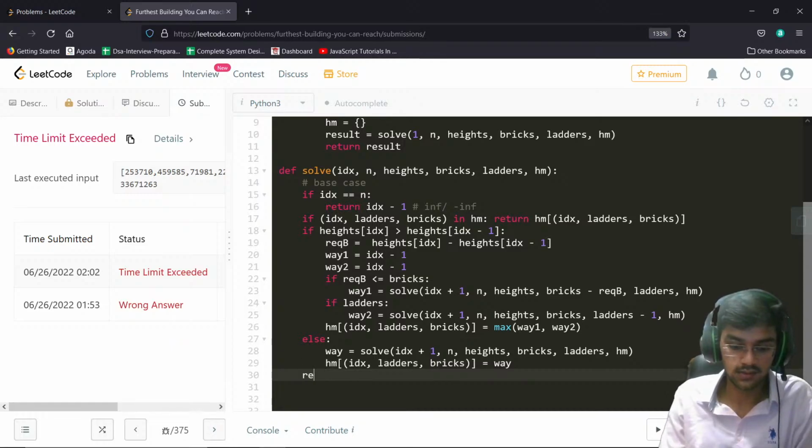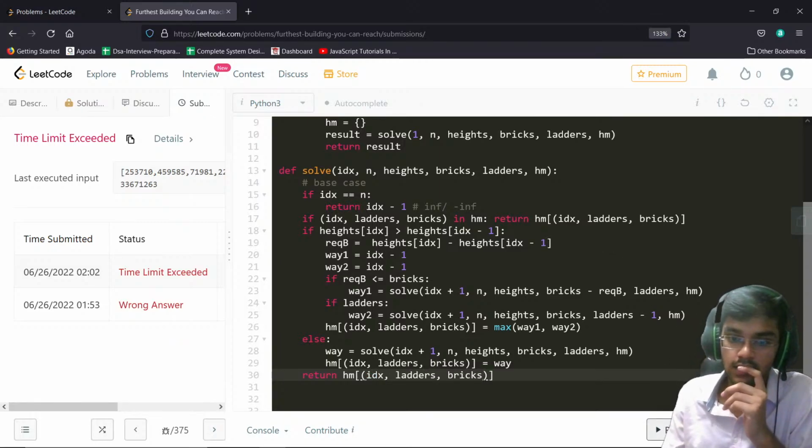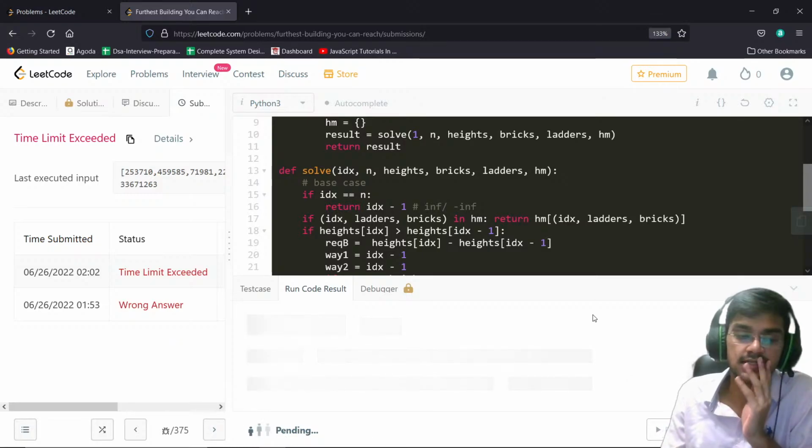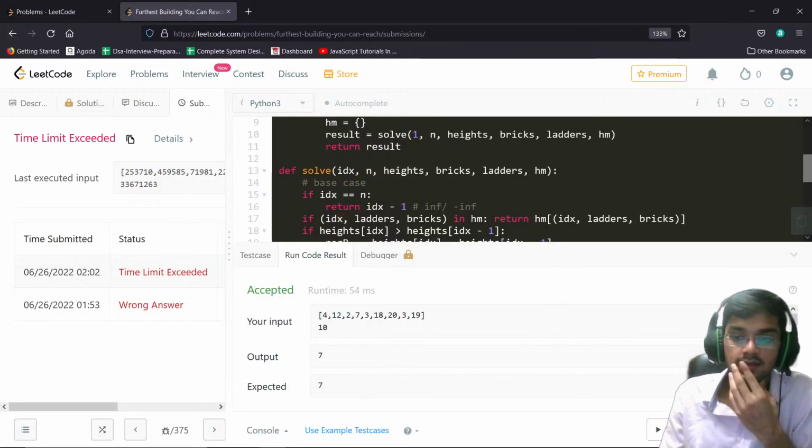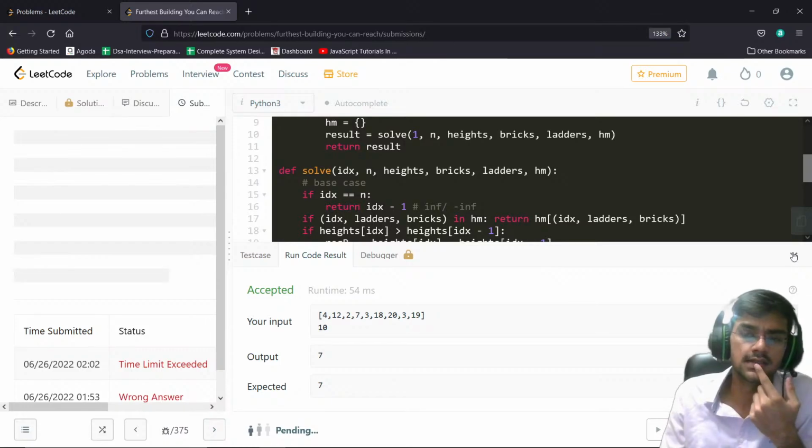So why don't I simply return at the end, hash map of whatever this is, idx, ladders and bricks. Should not run, I mean should give me memory limit exceeded. It's running here, but it should give me memory limit exceeded if I'm not wrong,